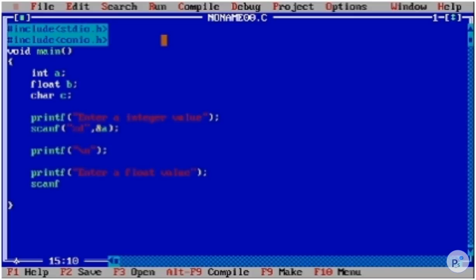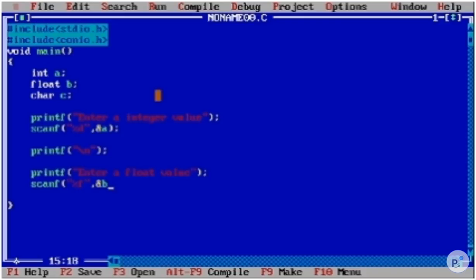So we will take that value by using the scanf function, by entering which format specifier, %f, this is for float, comma, remember, give ampersand and give only the variable name where you have given the data type float, otherwise it will throw an error.